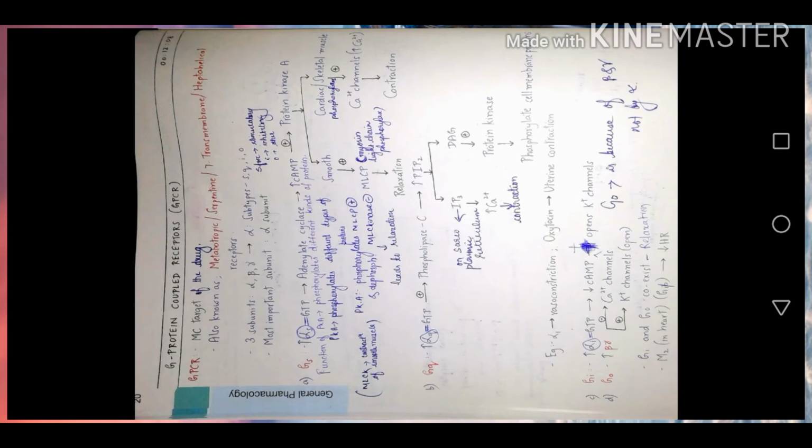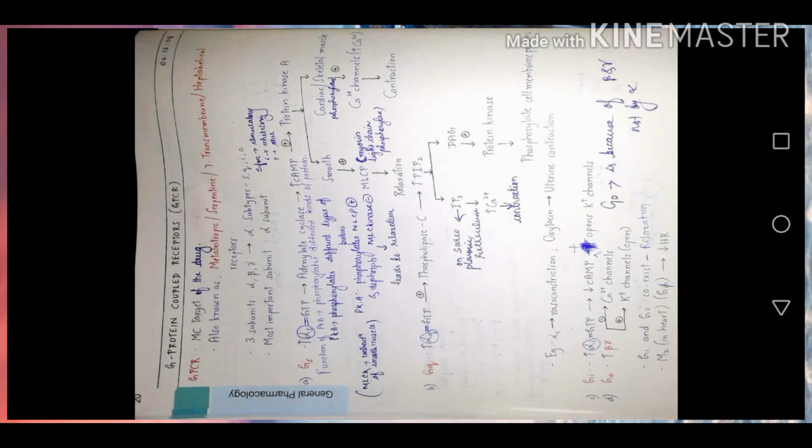Salbutamol, we are taking this drug for bronchial asthma, right? So in bronchial asthma, the receptor present is the beta 2 receptors. The beta 2 receptors are also present in the cardiac muscle as well as in the skeletal muscle. So when you take the salbutamol drug, it causes bronchodilation, right? Because of a GS subtype. The bronchial muscles are smooth muscles, right? But cardiac and skeletal muscle also have beta 2 receptors, right?